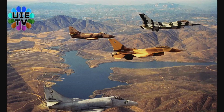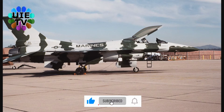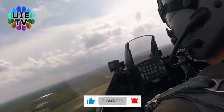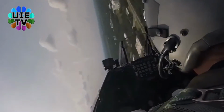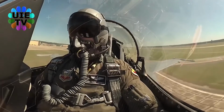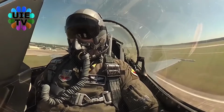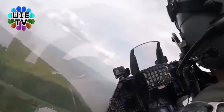F-16C/D Block 30, F-16N. The U.S. Navy acquired 22 modified Block 30 F-16Cs for use as adversary assets for dissimilar air combat training, DACT. 4 of these were TF-16N two-seaters. These aircraft were delivered in 1987 to 1988. Fighter Squadron 126, VF-126, and the Navy Fighter Weapons School, NFWS or Top Gun, operated them at NAS Miramar, California